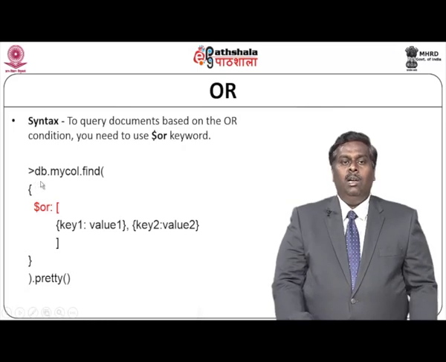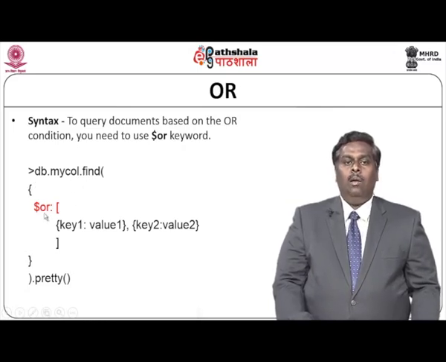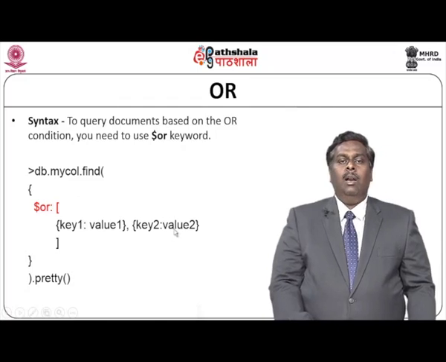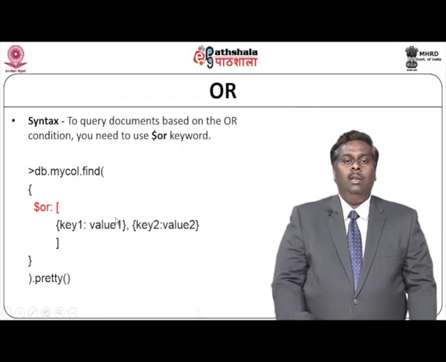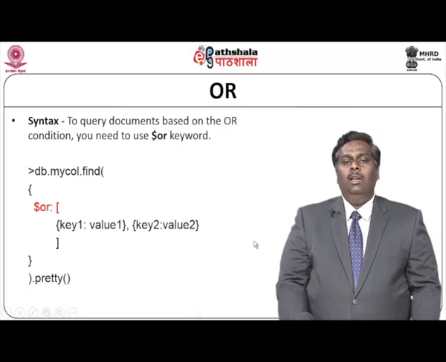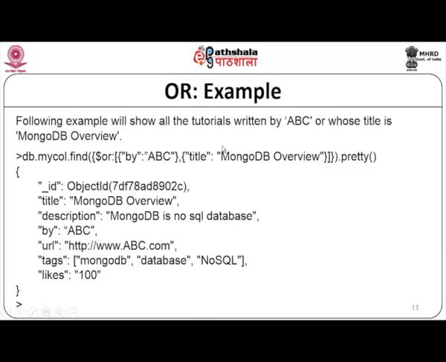For example, db.myCol.find $or key value 1, comma, key value 2. That is, you are providing two key value pairs and the query is that any one of these key value pair conditions must be satisfied. So, either this key value pair or the other key value pair will be used. For example, if you want to show all tutorials written by a person named ABC or all those documents whose title is MongoDB overview, then the query will look like this: